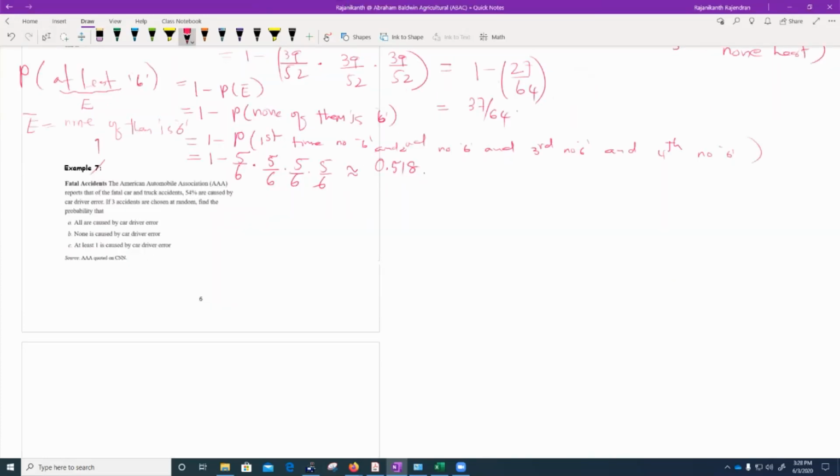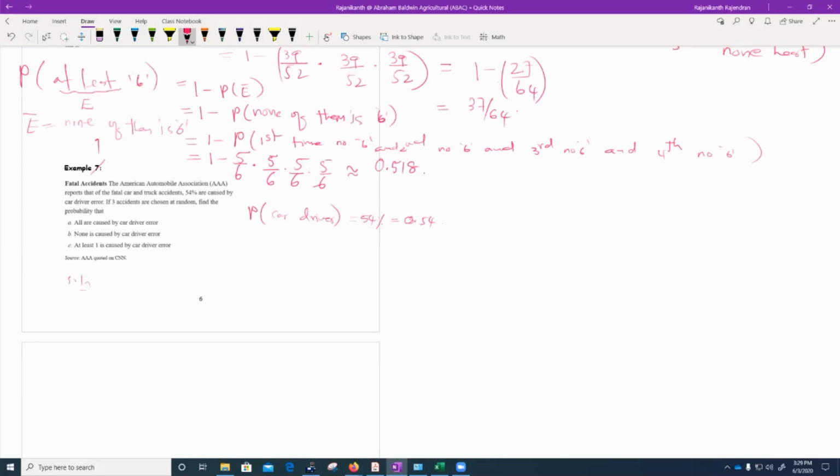Okay, last problem. The American Automobile Association reports that of the fatal car and truck accidents, 54 percent are caused by a car driver error. So that means the probability of an accident caused by a car driver is given, which is 54 percent. If you divide this by 100, you get 0.54 in decimal. We know the probability of car driver error is 0.54. Now the question is,